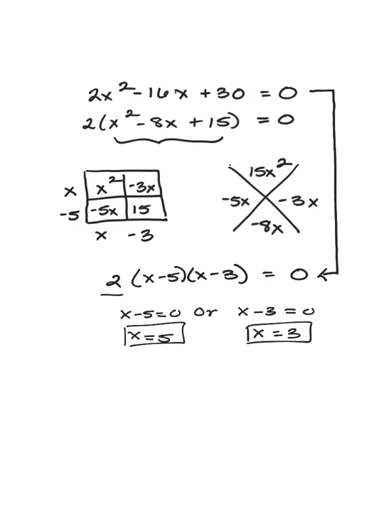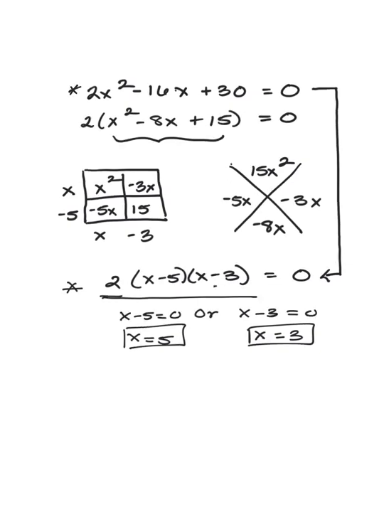If we put it in right here in the factored form, if I put 5 into this equation, the first parenthesis is going to equal 0. The entire product is going to equal 0, okay? Because I'll have 2 times 0 times 2, because 5 minus 3 is 2. If I plug in 3 right here, then the second parenthesis is going to equal 0, which will make the entire product 0. Even if I take these and plug it in all the way back up here,